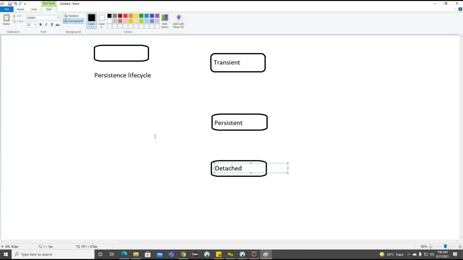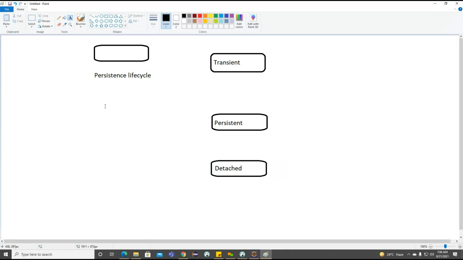So these are the three life cycle states we have in our persistence model classes. For each and every persistent model class, we'll have these three life cycle states. How these three states are going to work, we need to understand here, right?